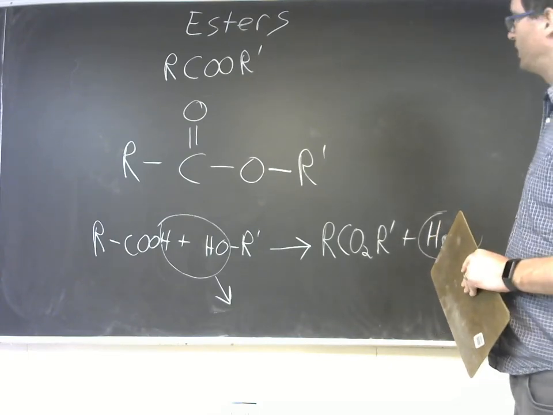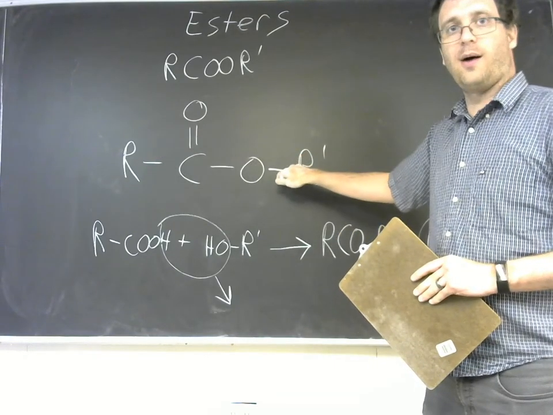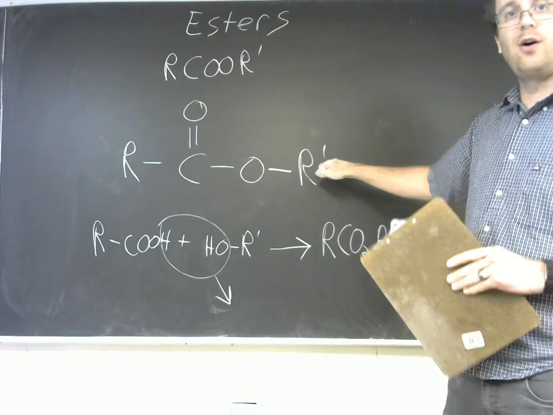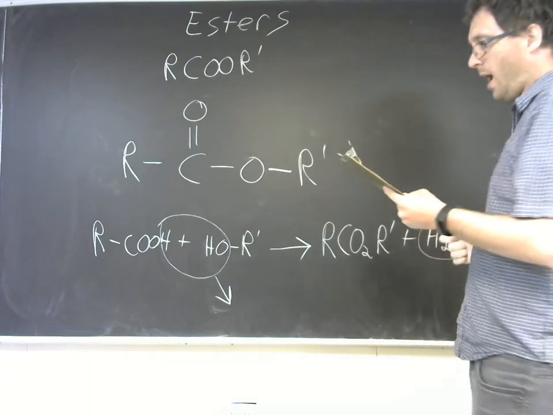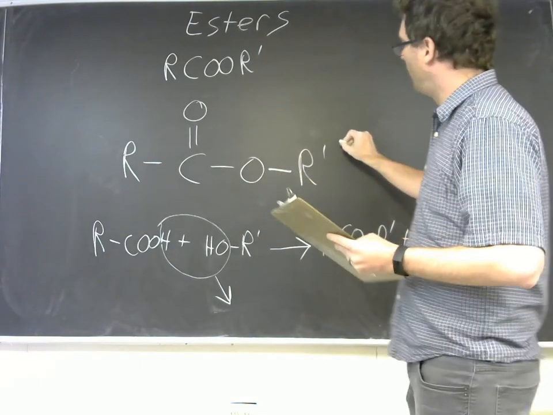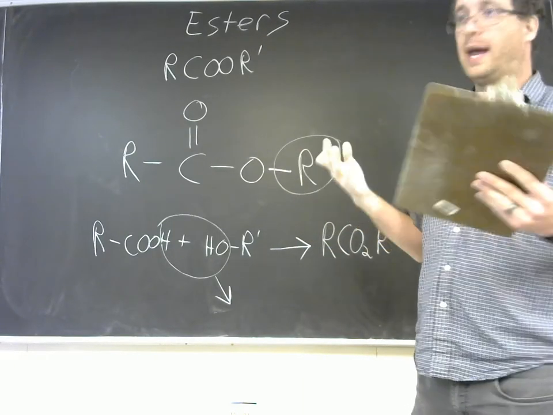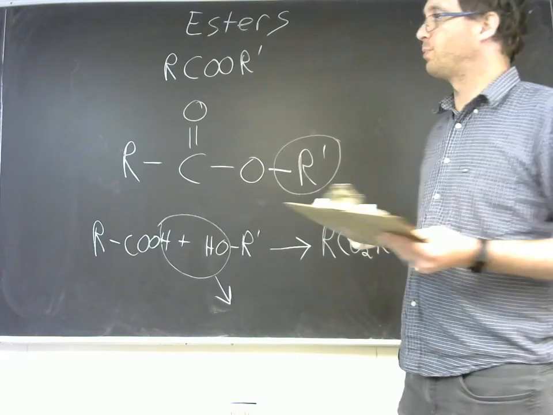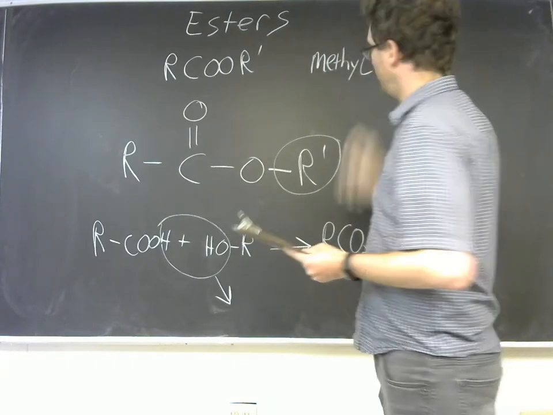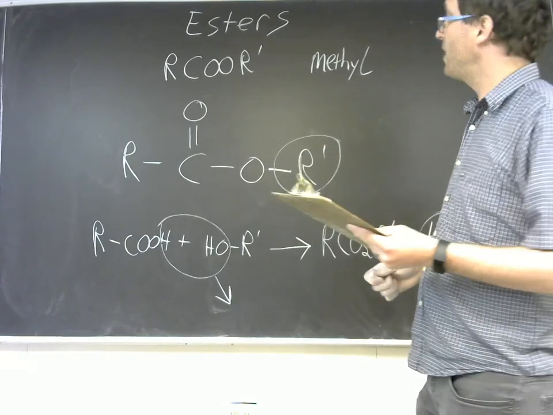And so the condensation reaction will take the alcohol and the carboxylic acid and bond them together with a covalent bond from this oxygen to the alcoholic R group. You're going to take your R group that belonged to the alcohol, and you'll call it by its alkyl group name. So maybe it's methyl, for example. If you used methanol to generate your ester, then the first part of the name would be methyl,